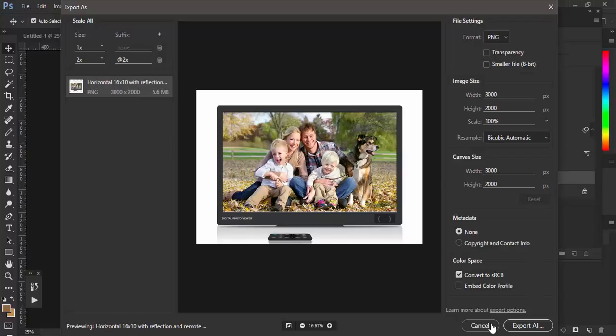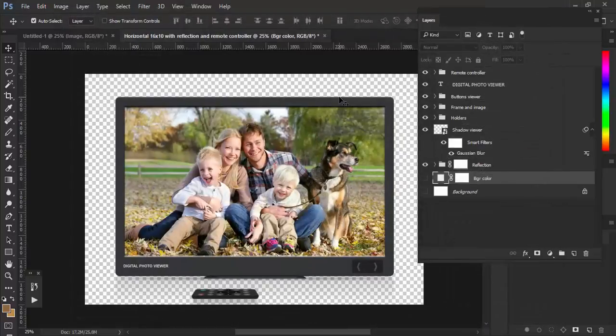So that's how to use this set of Photoshop actions, which I have named digital photo viewers.